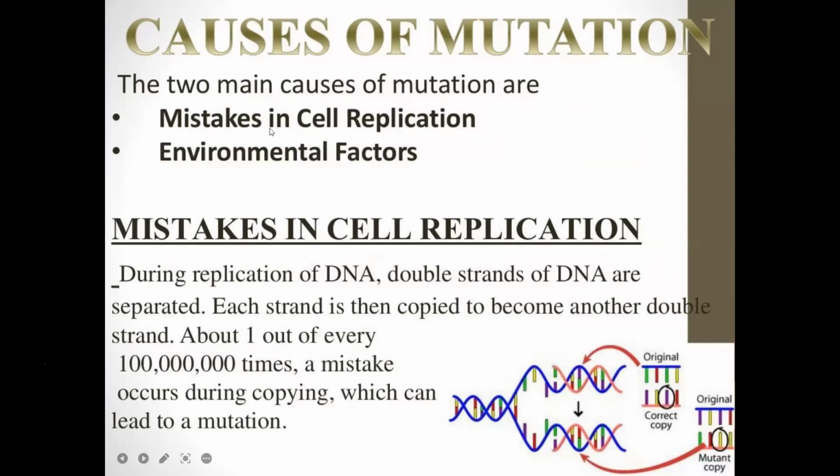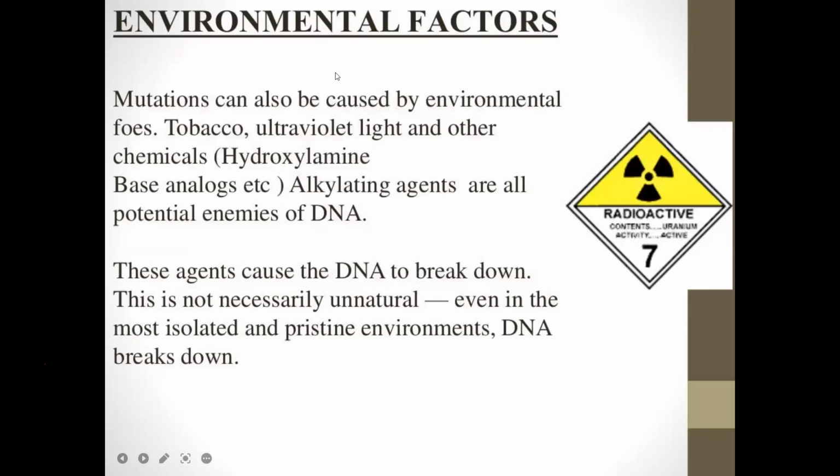It can be due to mistakes in replication, or other environmental factors are also responsible. About 1 out of every 10 power 7 times, a mistake occurs during copying. So in so many copies, there is a possibility of one copy carrying a wrong sequence. What are the environmental factors? There can be